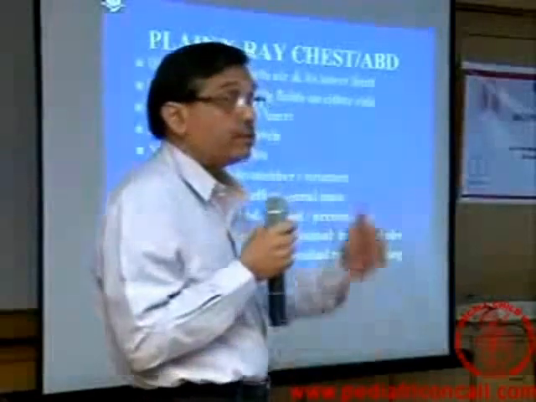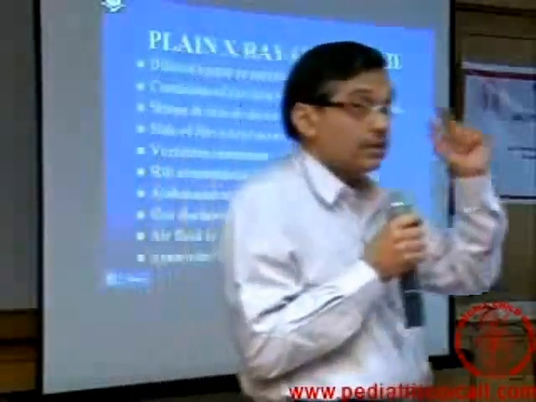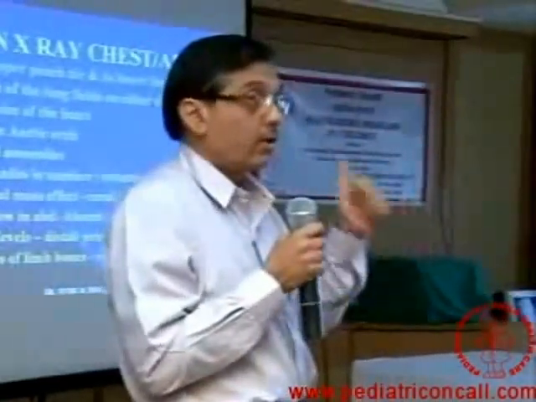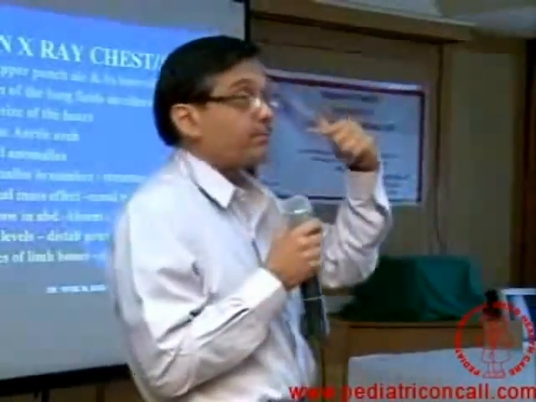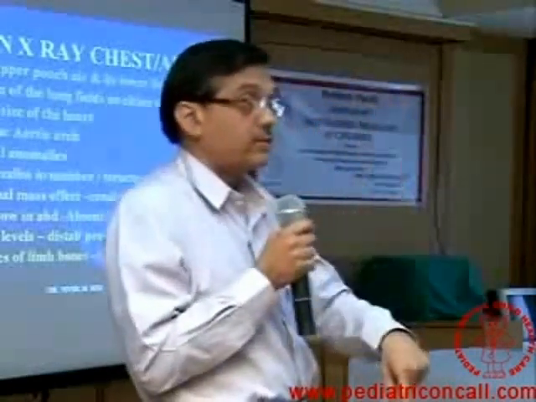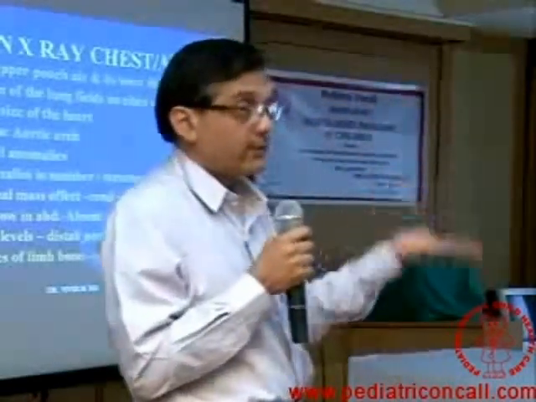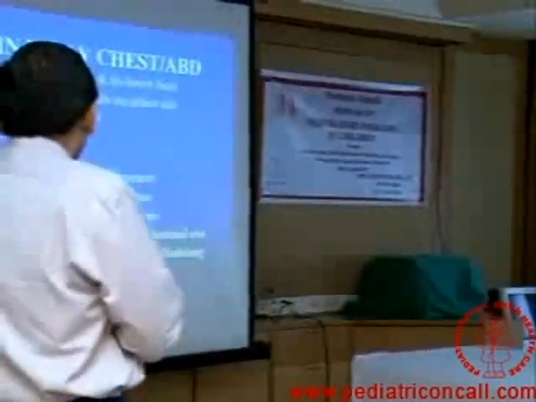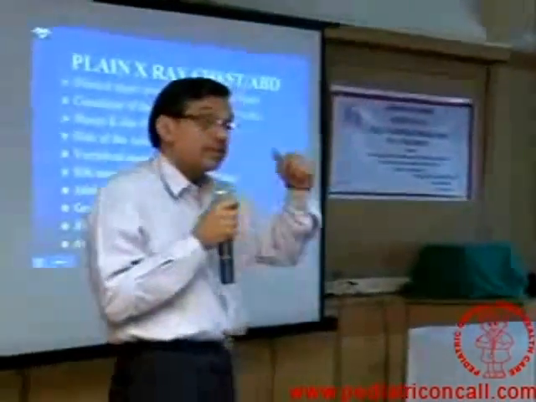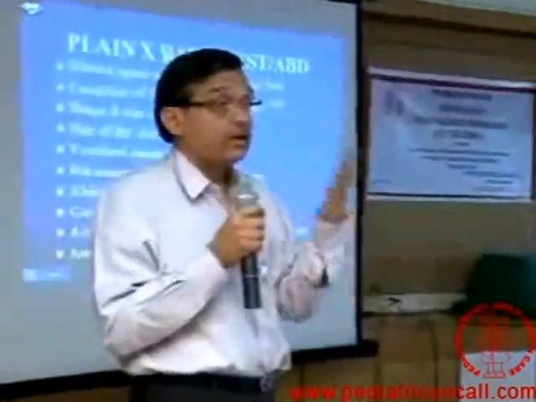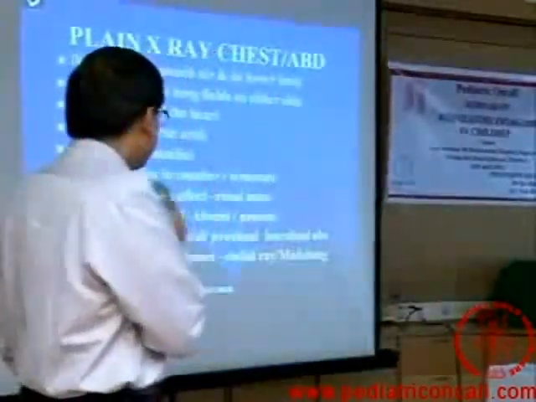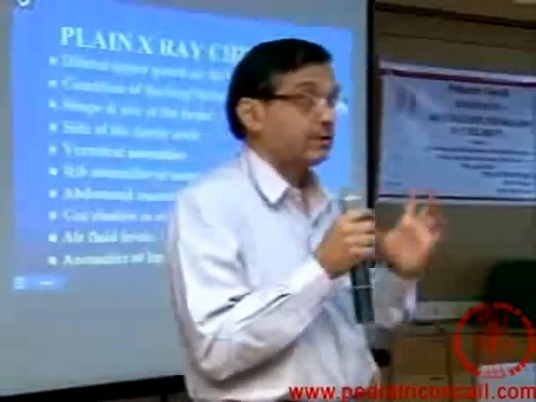Gas shadow in the abdomen, if it is absent and you are thinking of esophageal atresia, there are two possibilities. One, it is pure atresia or esophageal atresia with upper pouch fistula. So there is no way air is going to enter the intestines and therefore there will be no air in the abdomen. Air fluid levels. Now this suggests there is some other distal obstruction, commonly an imperforate anus or what is known as an anorectal malformation. Anomalies of the limb bones like radius is absent or one of those things again are seen on the plain X-ray. Next.